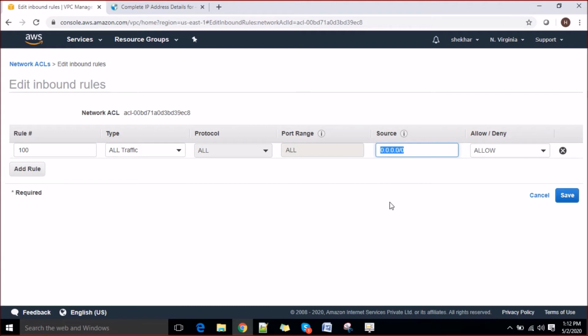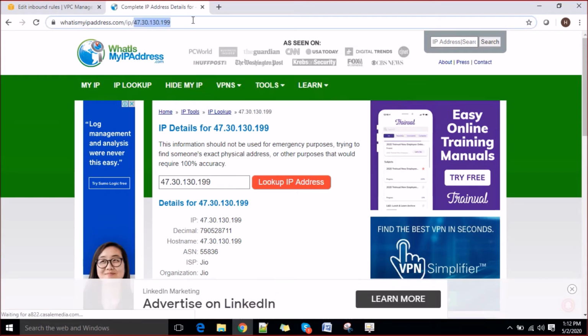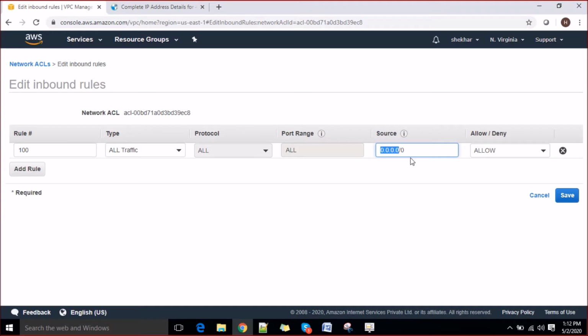But what if you want to add one additional rule here, and say first filter my rules here? I have seen here what my IP is. So first I want to say filter on this one here only, and allow everything, or whatever you want to allow, from this IP only. Again we will have one filtration layer at the security group level. So the NACL provides you one additional layer of security here. Hope this makes sense to you guys.